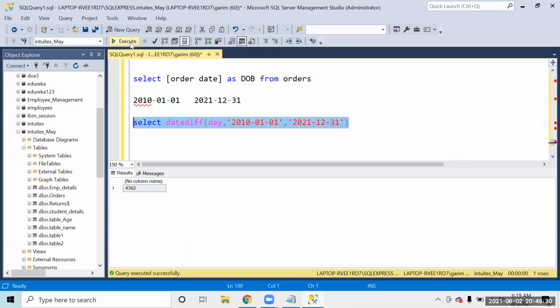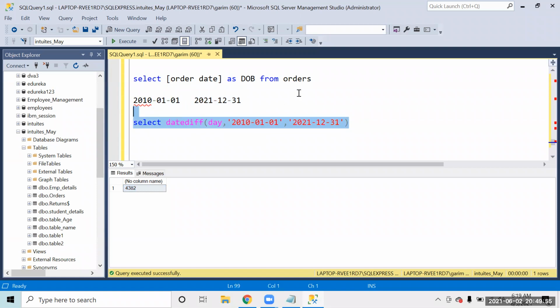So that is the interval. The DATEDIFF function takes the interval. So this is 4382 days, right? Between these, it's like 11 years of data. Almost like if we make it 3650 and add that number, this is how we will be getting it. So it's not even 11, it's almost like 12 only. So this is how we can use the DATEDIFF function.